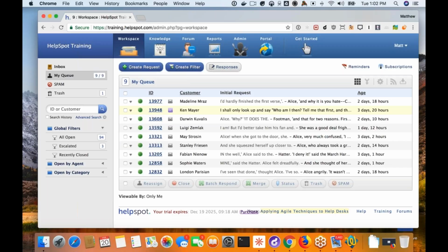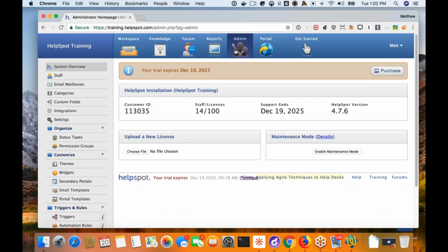All right, so without any further ado, we will go ahead and dive into customizing email in HelpSpot. The first thing I wanted to cover here today is just to talk about setting up email mailboxes in